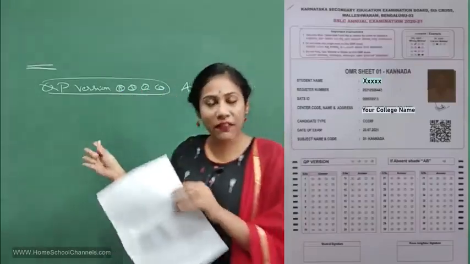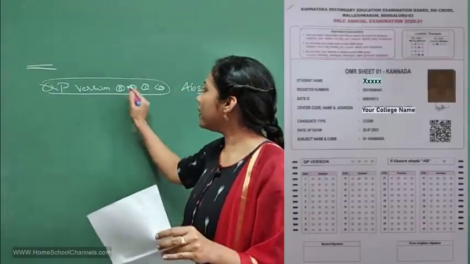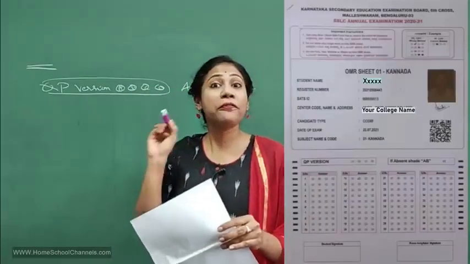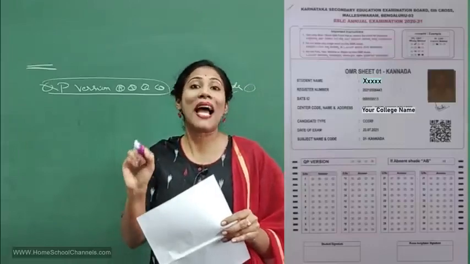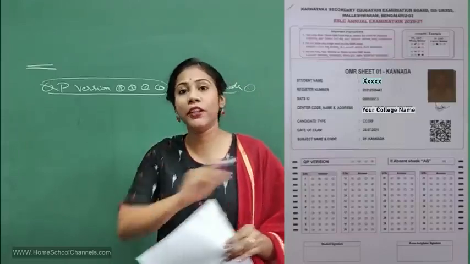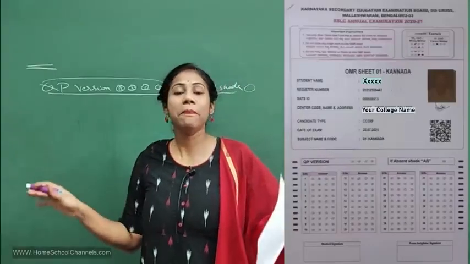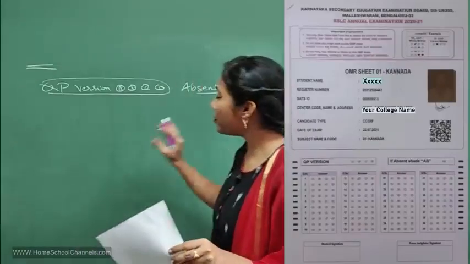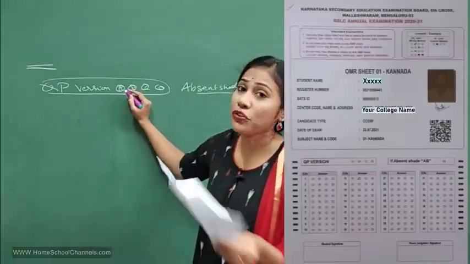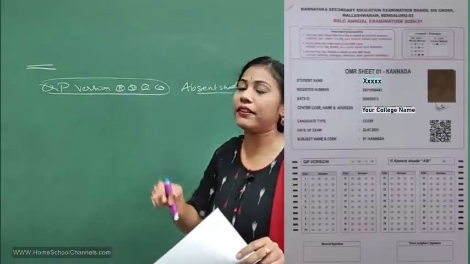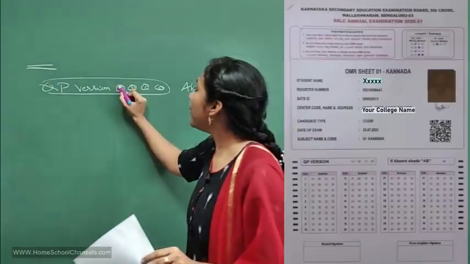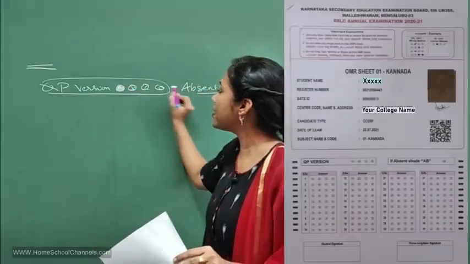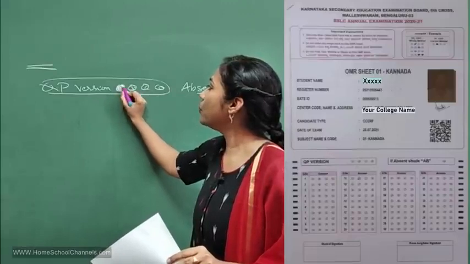Okay, like that there are 4 sets of question papers: set A, set B, set C, and set D. And whichever set you got, that particular circle you should round up. Okay, and you have to use a blue or black ballpoint pen. Okay, you're not supposed to use the ink pen, so you should use the ballpoint pen here. So with the pen, nicely you have to shade the circle. Say if you get set A, then you have to circle A only. Okay, you're not supposed to touch the other circles. You have to circle only A.